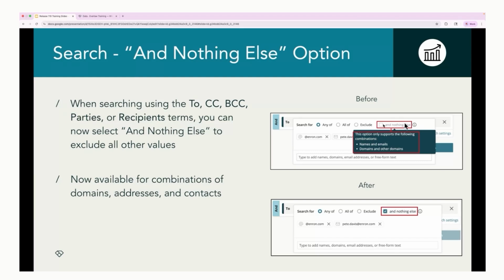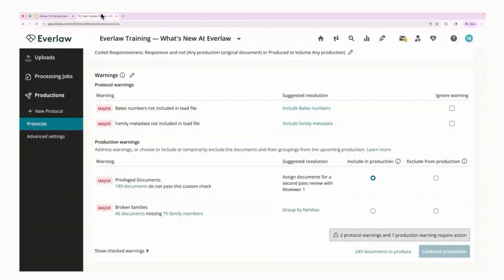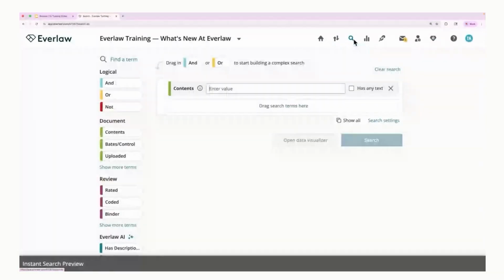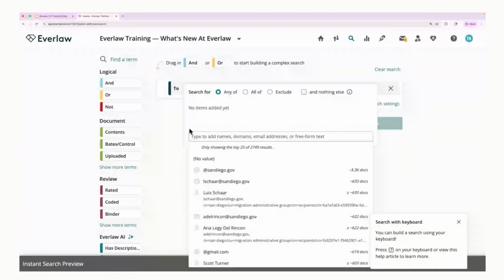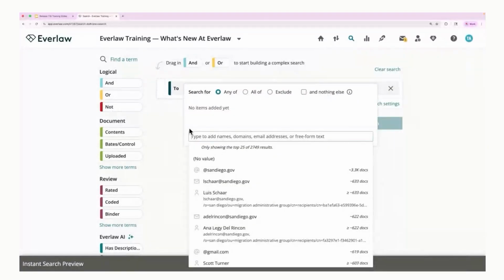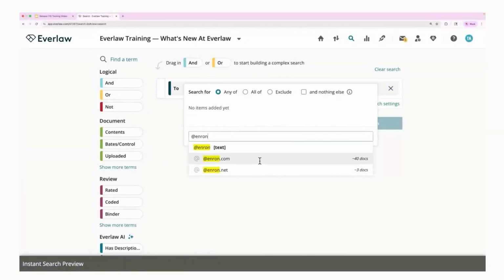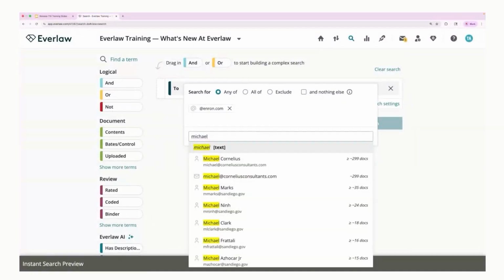Okay, let's quickly see this in action. I'm going to navigate over to the platform again, and this time come to the magnifying glass icon up here to find our search page. And I will go ahead and clear this out here and add in our To search term as an example. So let's say that I want to run a search here where anyone with the Enron domain might be included. So emails that are sent to anyone at enron.com, or potentially also the specific email address that I'm interested in, which is